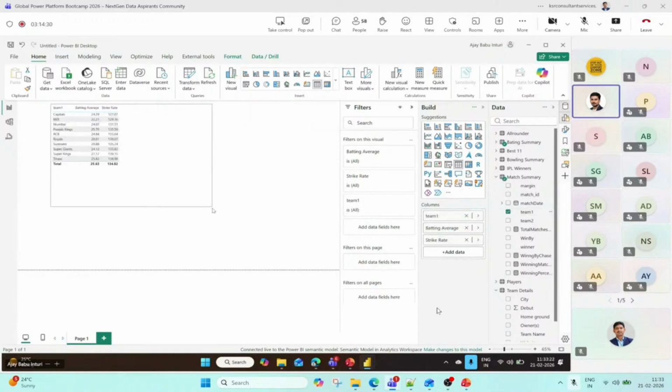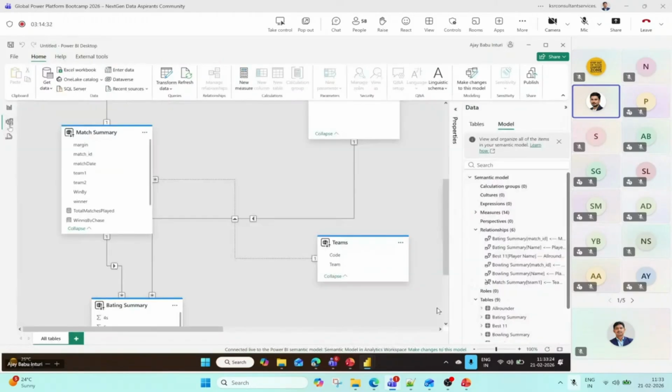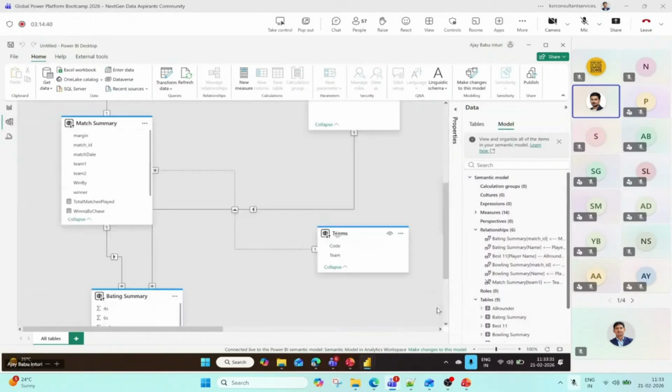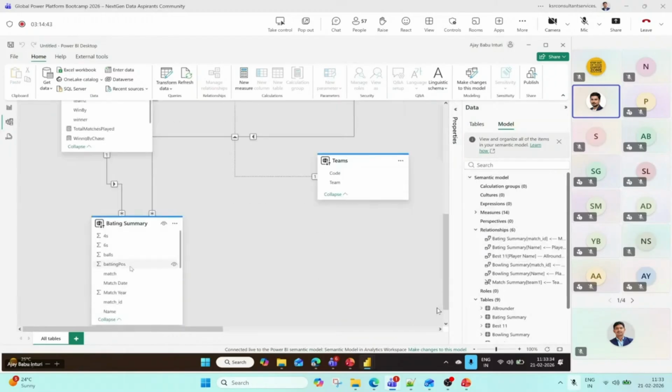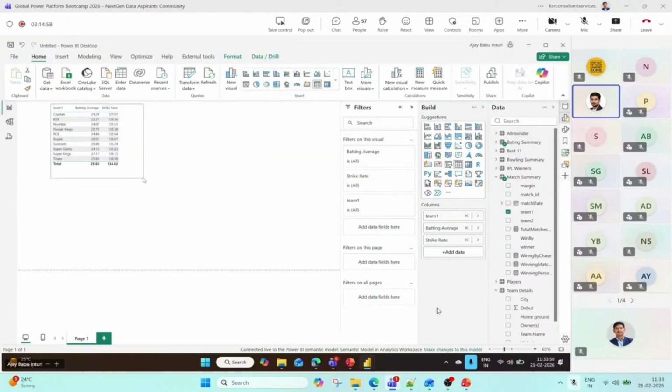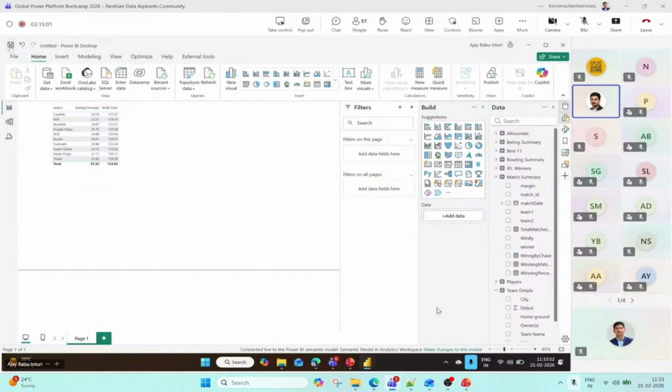So yeah, you can't edit, like I told you, and you can't make any new creation. What I did earlier was pick the team names from the teams table, and pick the average and the match score from the match batting summary table, but these two tables don't have a connection. If you want to create a new connection, it won't allow you. Whatever relationships you want, you have to create within the semantic model. Once the report is completed, you have to publish this report to the Power BI service.